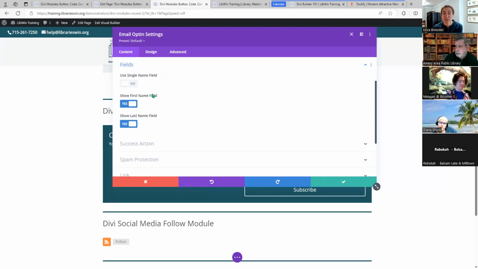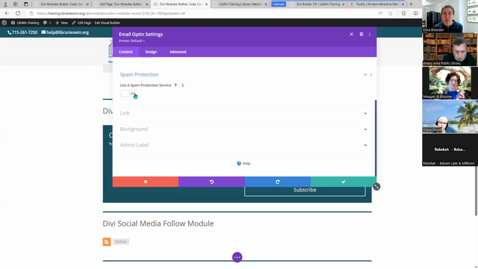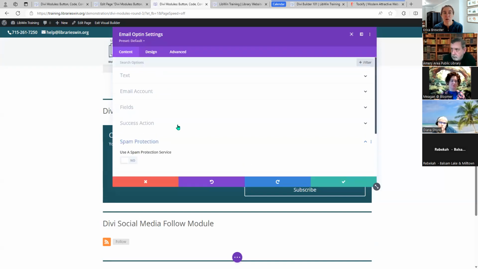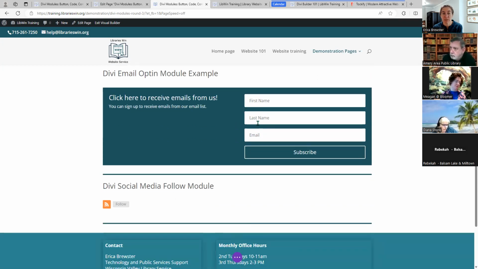You can customize the fields that you want to see, and then your success response, like, yay, you've signed up, congratulations. There's another spam protection option in there. But what this does require is that you already have an email service off of that list that you are working with, and then you may need to add that plugin, or you have to have the information of that list name so that it can feed that back to you. If you want help getting that set up, again, send in a help ticket and we can work with you on that. But then you can embed this anywhere on your website, on your front page,